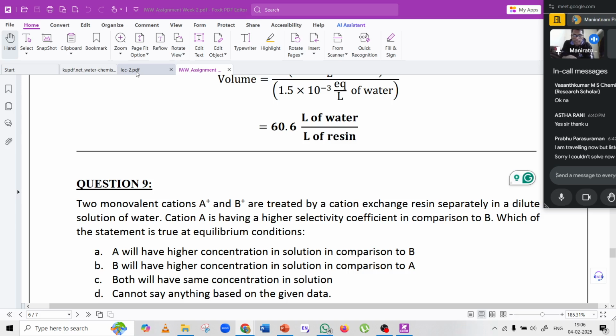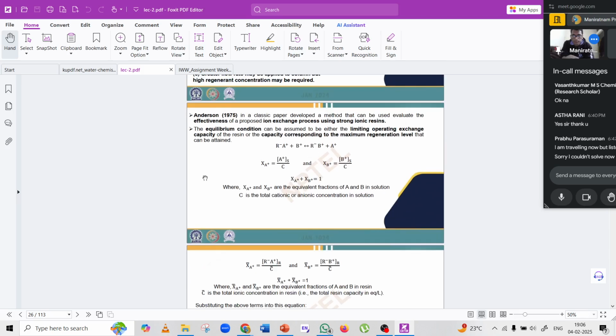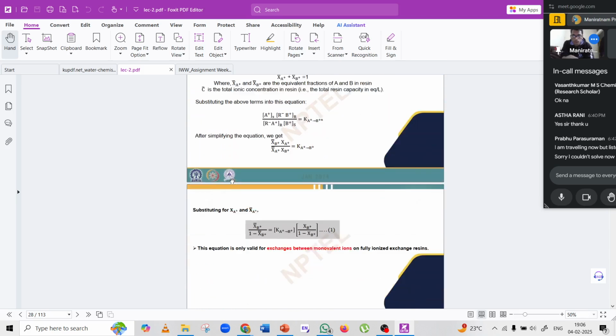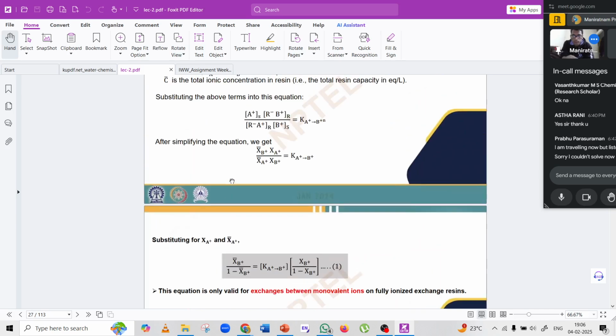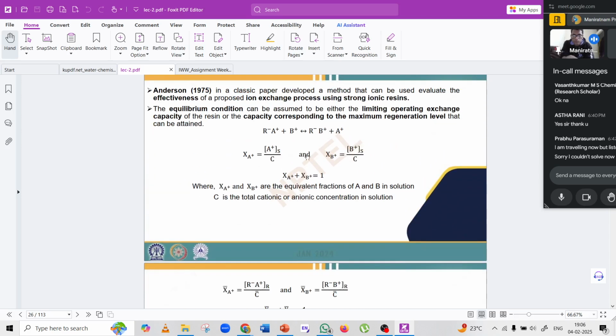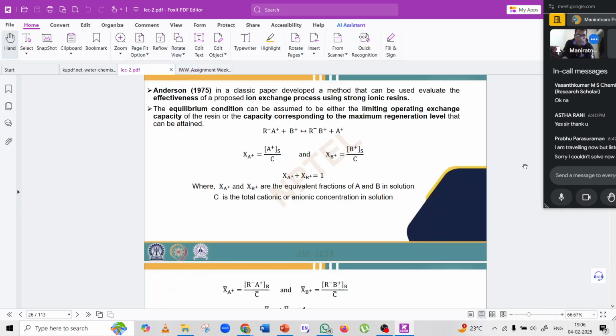Cation A has a higher selectivity coefficient. Use this formula: if I have a high selectivity coefficient, which of the following is true at the equilibrium condition? Then which of the following will have a